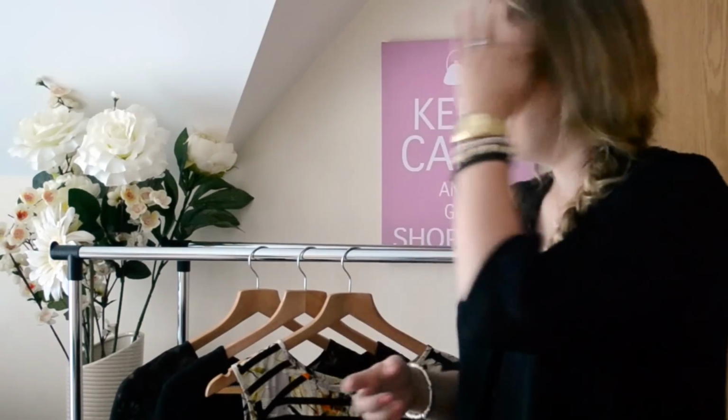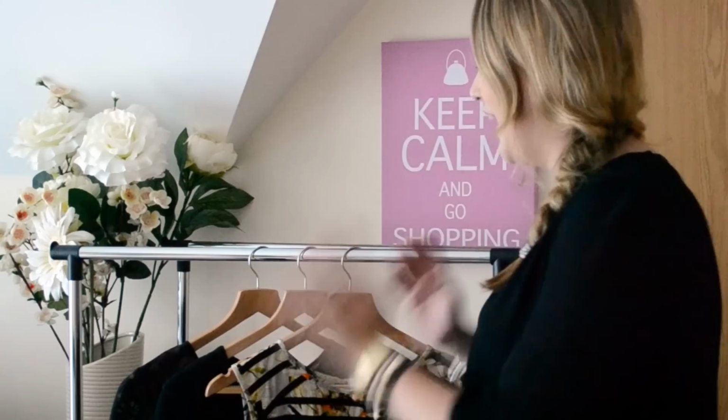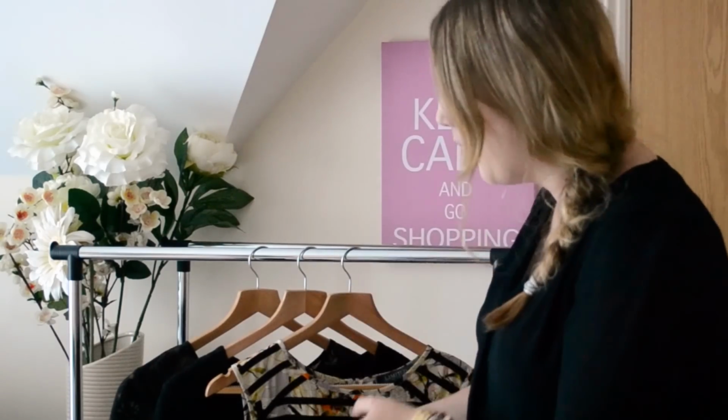As any woman would, it would have been rude to not look at the new season that they just released. So as it happened, I saw a few dresses that I really liked, and I just thought, oh well, it won't hurt just to try them on. I'll just try them on, I won't buy anything. And inevitably, trying on led to buying. So here I am with two new dresses, and now what prompted me then really to film this video is